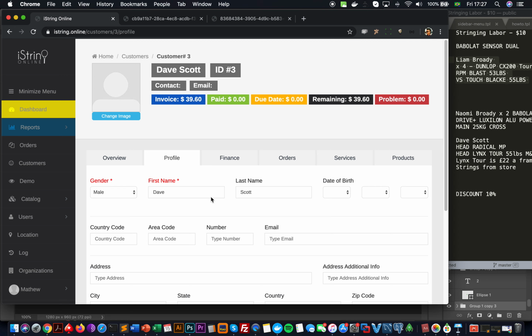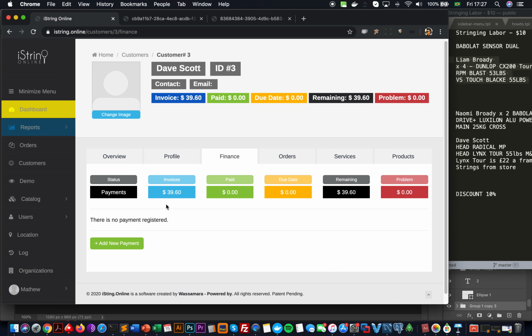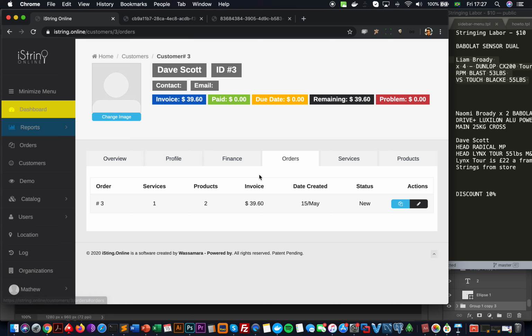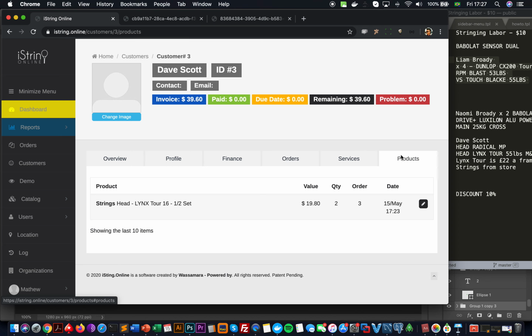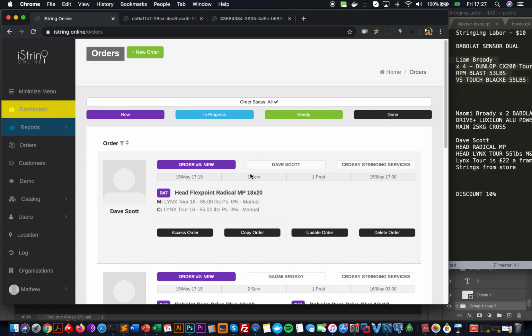I can explain to you later on. Here's the finance. So you can also do it from here. All the orders from him, all the services that he did, all the products that he purchased. All right. So there's a lot more functionalities in the software, but for now, I really recommend you just use the software as a platform for you to register all the record services that you're doing for your customers. All right. Once you do that for a week or so, and you're very comfortable,